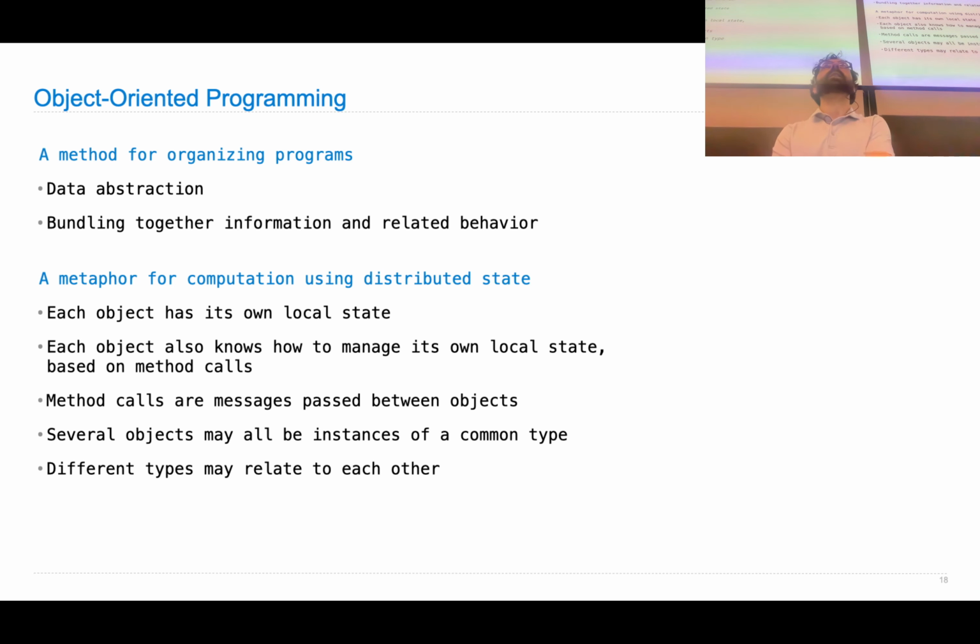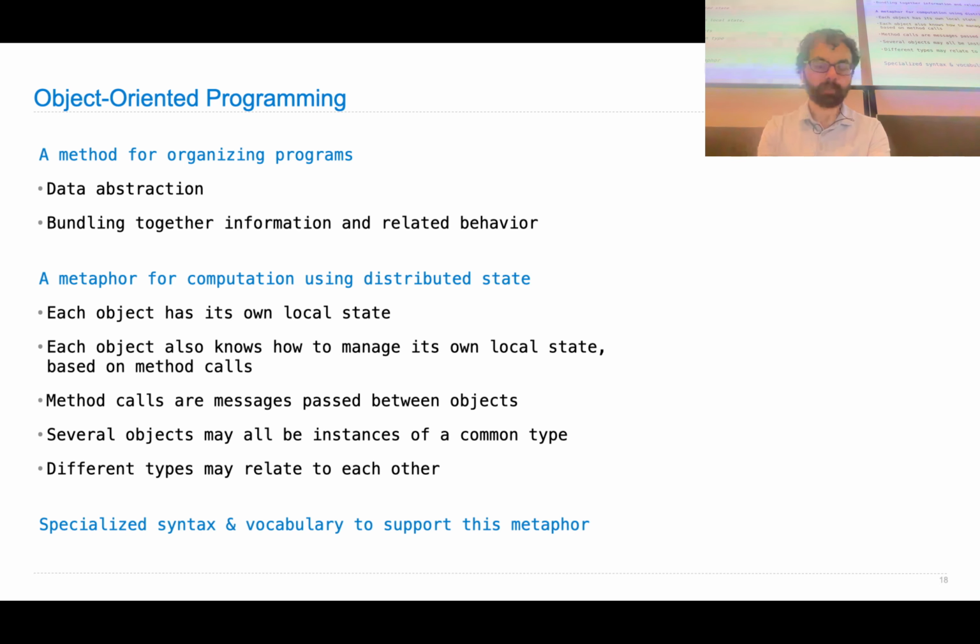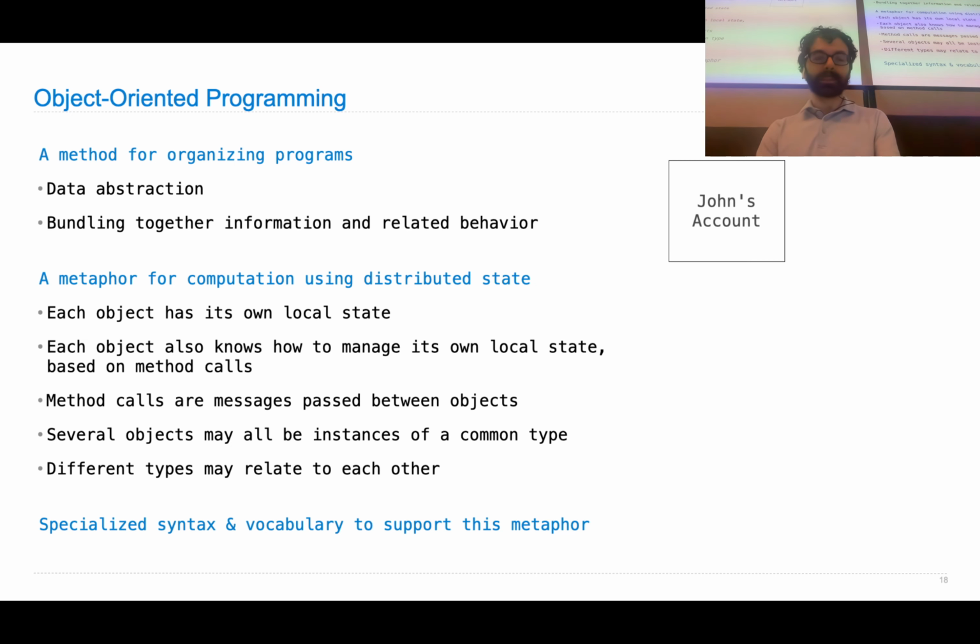And as you saw in the inheritance lecture, different types could be related. Like you could have a wolf, which is a type of animal. We're not really going to talk about that much in this class, and it's a feature of programming that is, I'd say, less important than other things in this class. So there's a bunch of syntax out there to support these metaphors, like the idea of a method as opposed to a function. And you'll see that occasionally in the context of object orientation, things have different names, like message passing and method and so forth. I'm not going to go into it so much here.